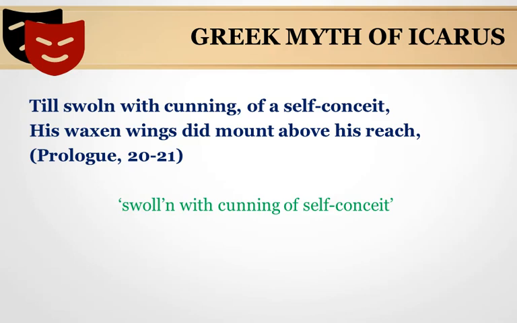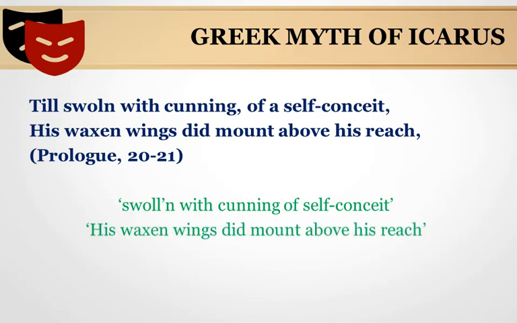reveals Dr. Faustus as arrogant. And the second line that says, "his waxen wings did mount above his reach," we have a reference to Icarus. From this, it is clear Faustus is an Icarus-type character who tried to push boundaries and fell like the devil due to his transgression. In other words, the story that we are about to see is compared to the Greek